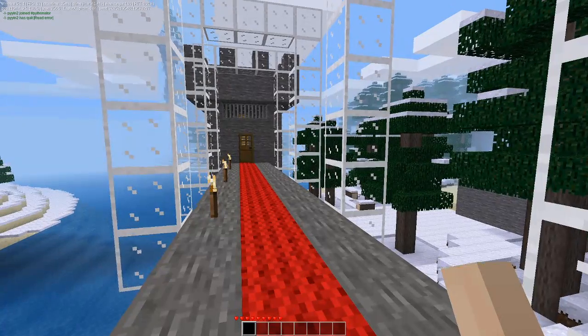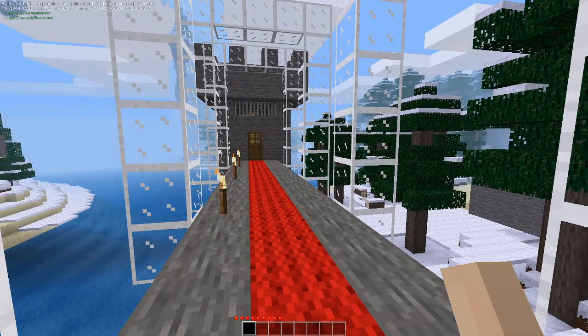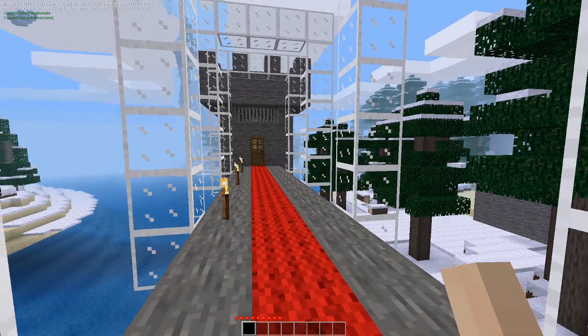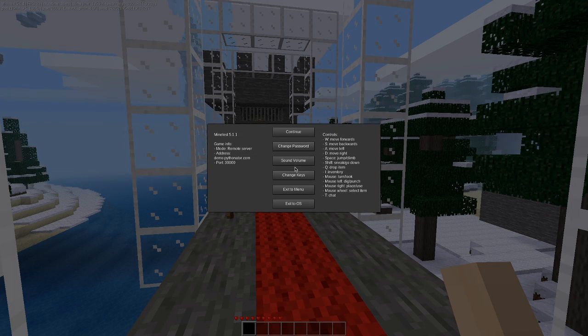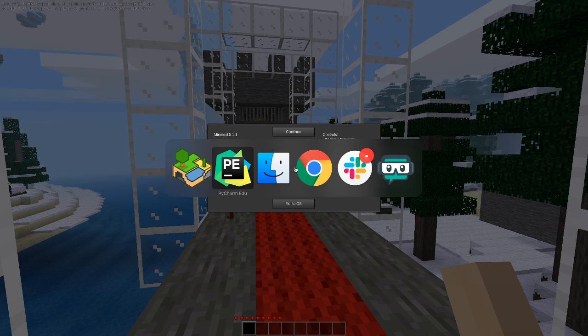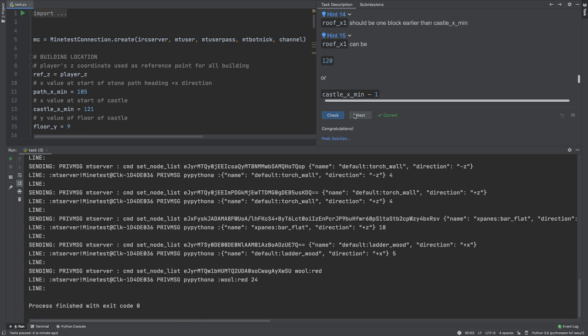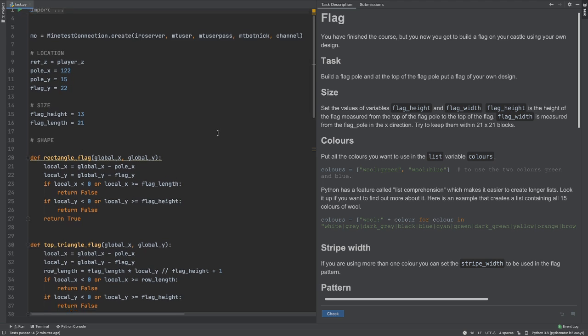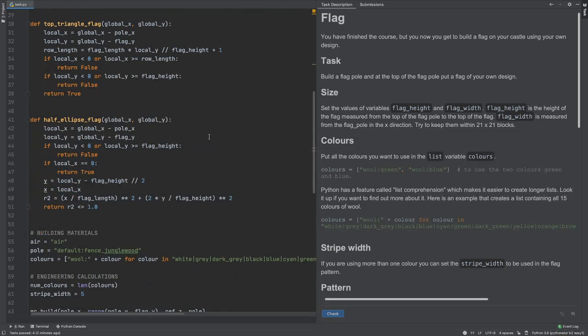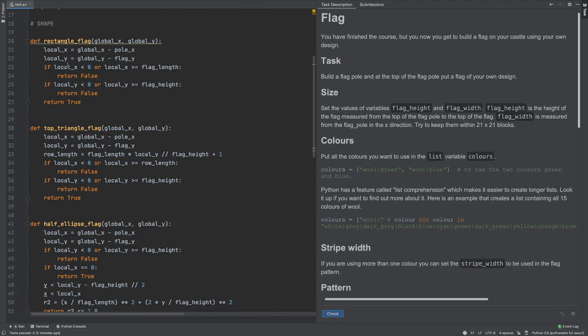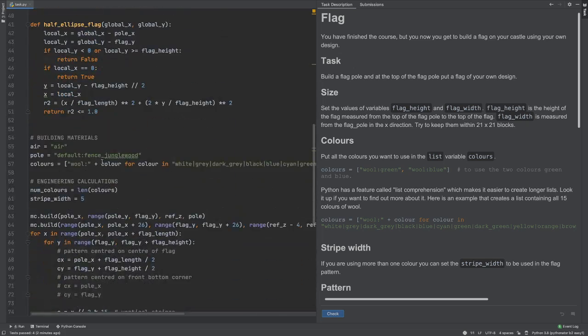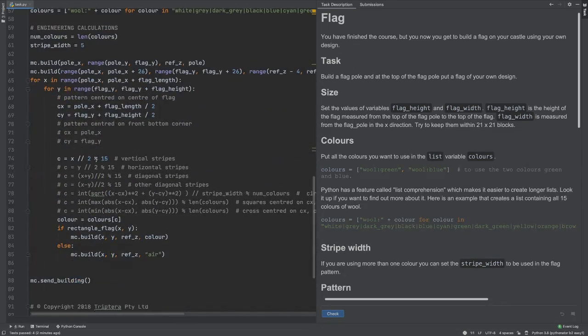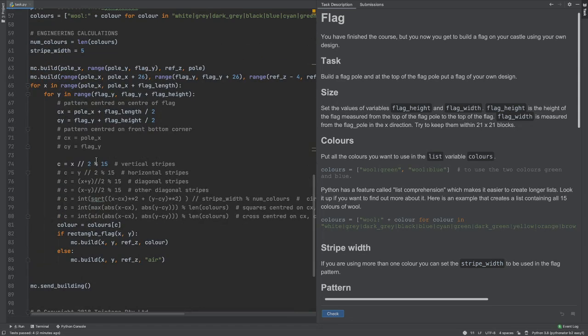So that finished the tasks in PyCharm, but they've got one more which lets you design your own flag. And so you can choose what sort of colours you want, and so it's got functions here. This is getting more advanced Python. You could just do a simple one, and I've got it set up so you can